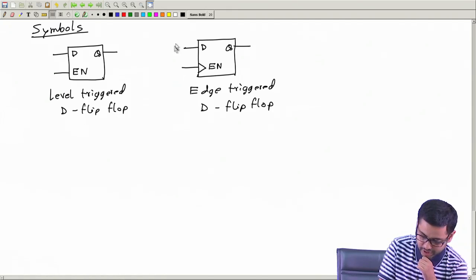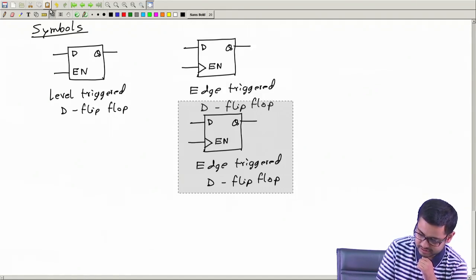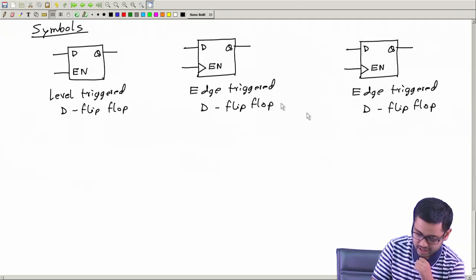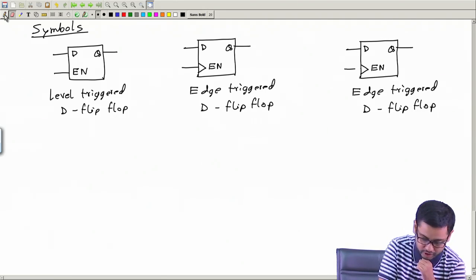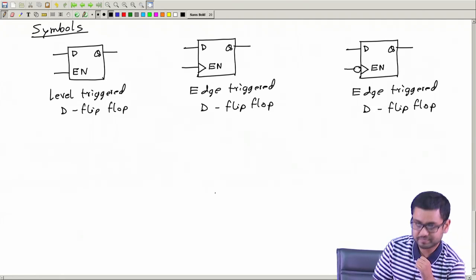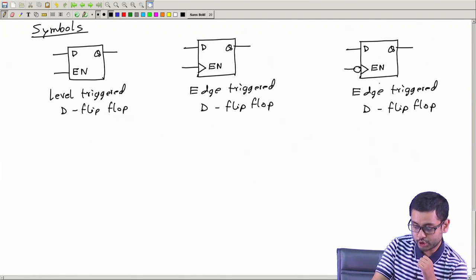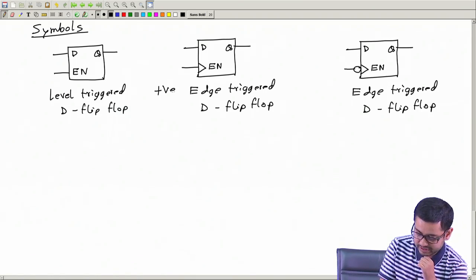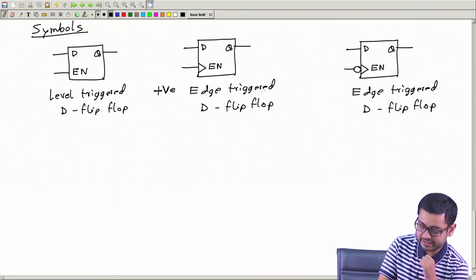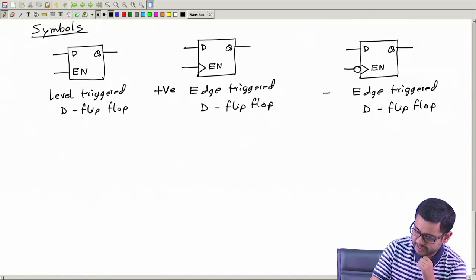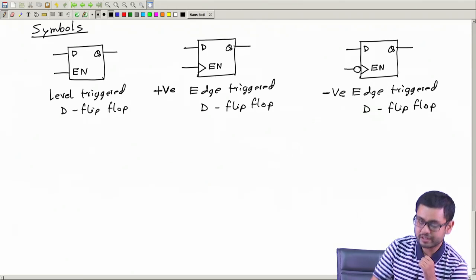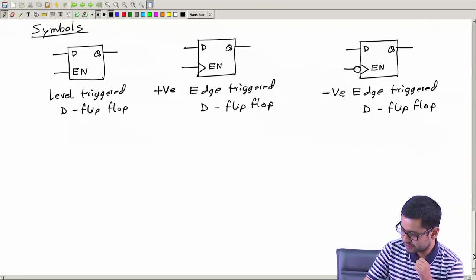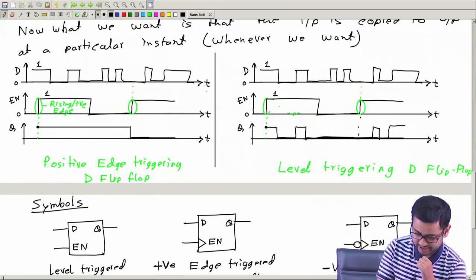I can also sometimes draw it this way, where I will have a small bubble before this. This is also an edge triggered D flip flop, but there is a difference. What is the difference? This is a positive edge triggered flip flop and this is a negative edge triggered D flip flop. That means, what does that mean? That means this is positive edge triggered D flip flop,